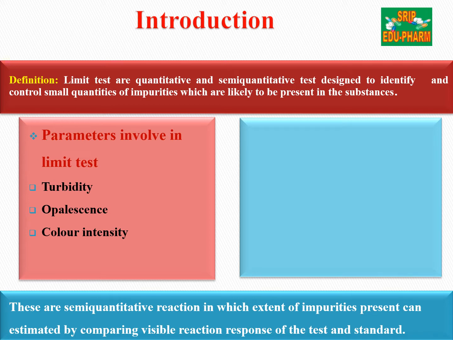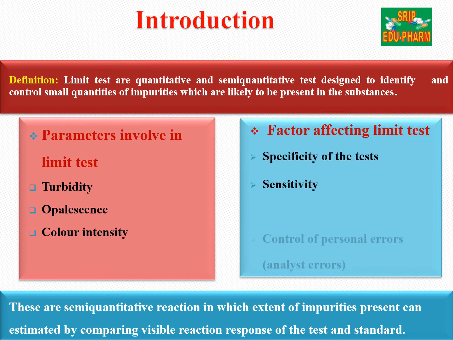The important parameters involved in a limit test are first turbidity, second appearances and third color intensity. These parameters are used for comparison with the standard solution. There are three main factors which affect the limit test. First is